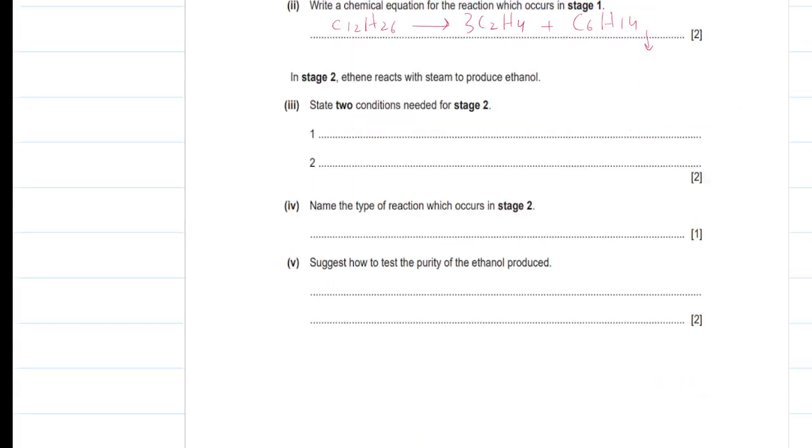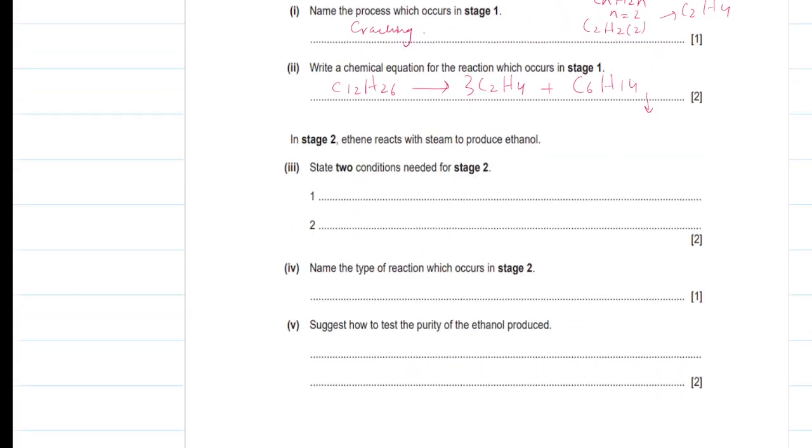Now it is asking that in stage 2, the ethene reacts with steam to produce ethanol, right? So the same question, they are asking two conditions. What are the two conditions? These are 300 degrees Celsius and 60 to 78 atmospheric pressure. Then the type of reaction which occurs in stage 2. So the name of the reaction is